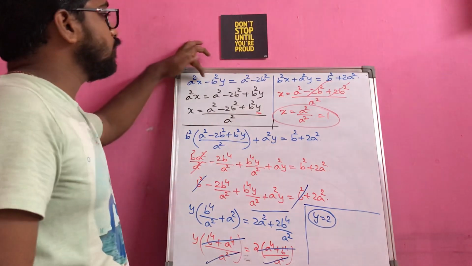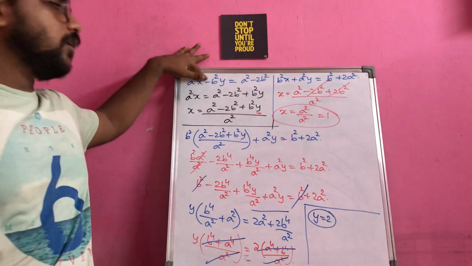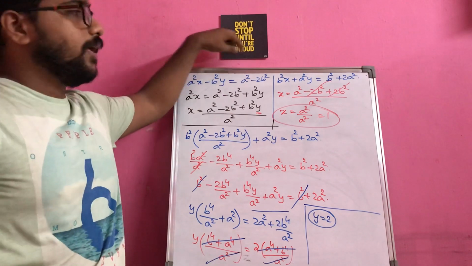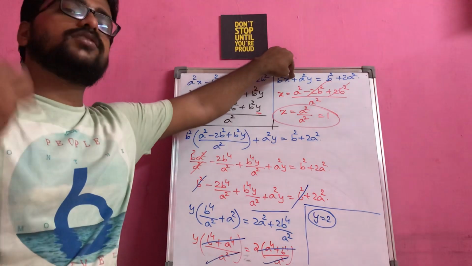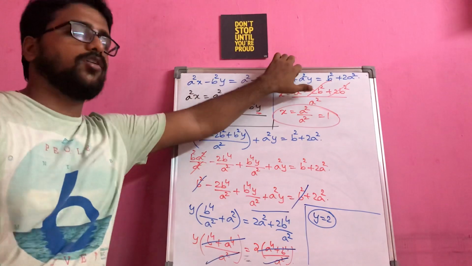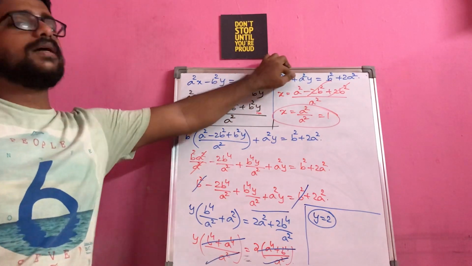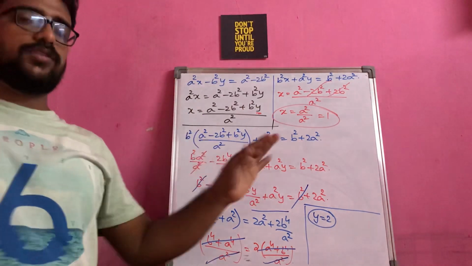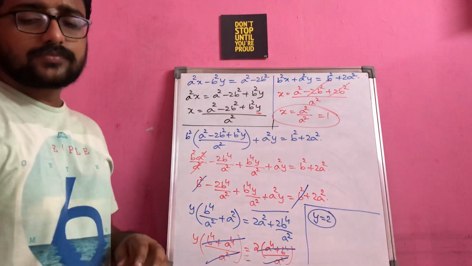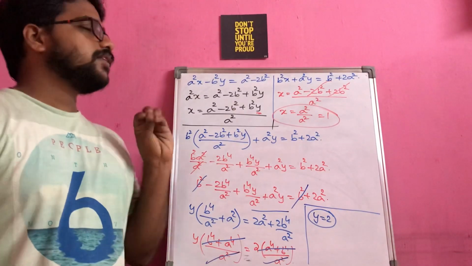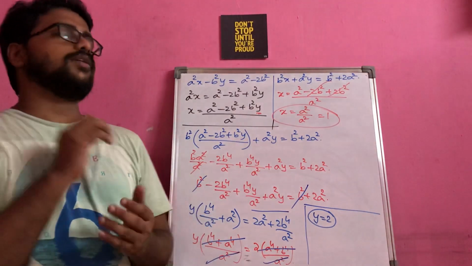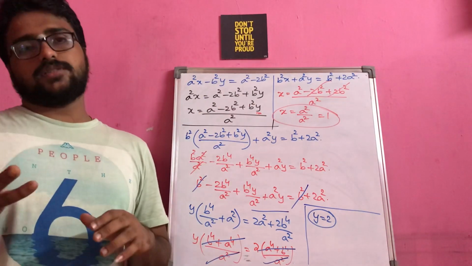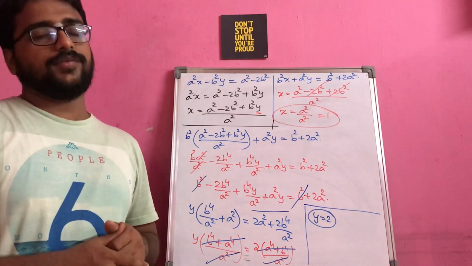See here, the reason for taking the first equation to find the value of x is simple: so that I will get it somehow positive. If I do the other one, I am introducing a negative number. I thought it would be a little bit complicated, but still there won't be many complications. Anyway, the calculation part almost remains the same in both the cases, right? So this is generally the substitution method. The complex questions will be based on the a, b terms, or constants that are not numbers. Generally they will give you alphabets, right?